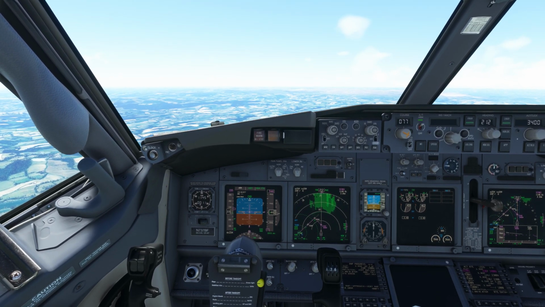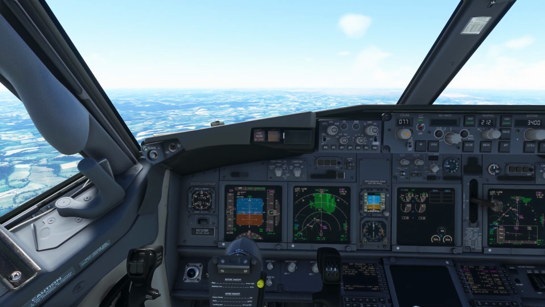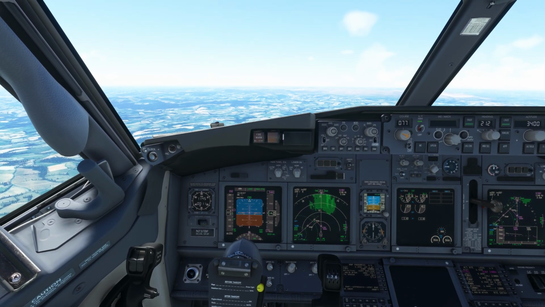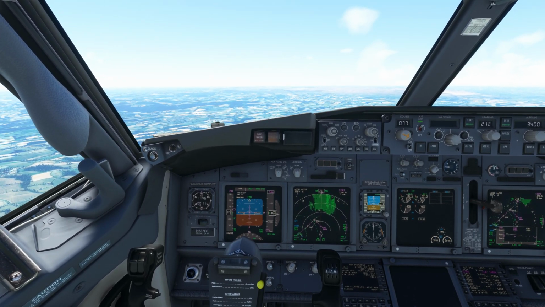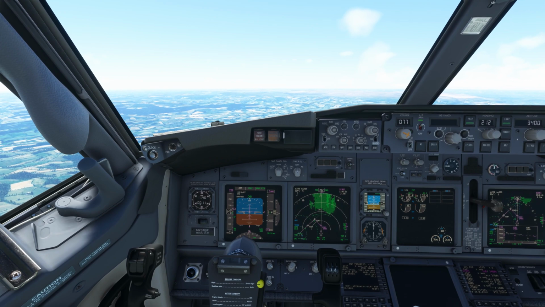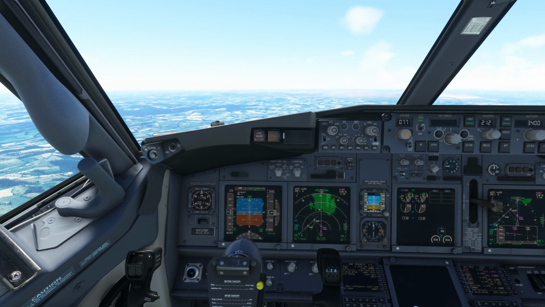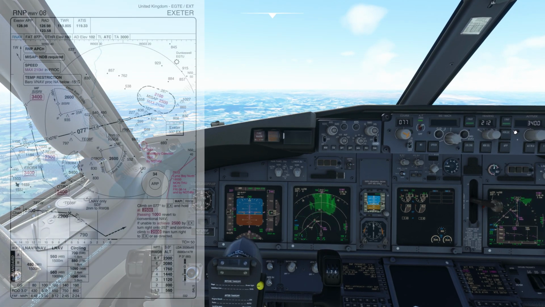And there we go, you see the decel points disappeared, and the magenta speed bug is slowly starting to work its way back towards 210, which is the maximum speed we can do after we pass the fix. We're approaching Sisri now,